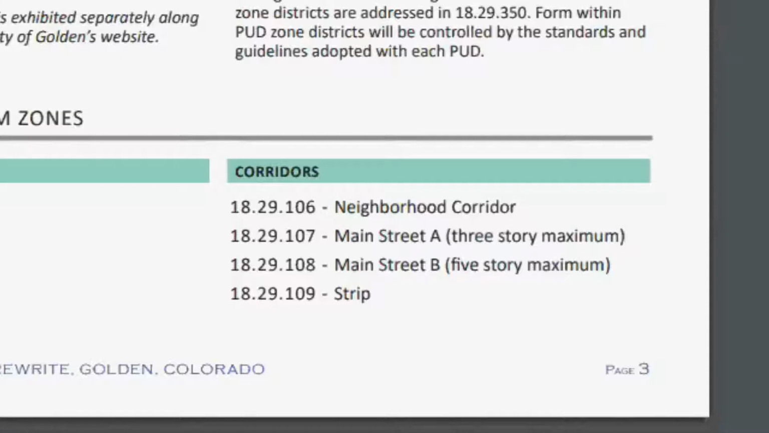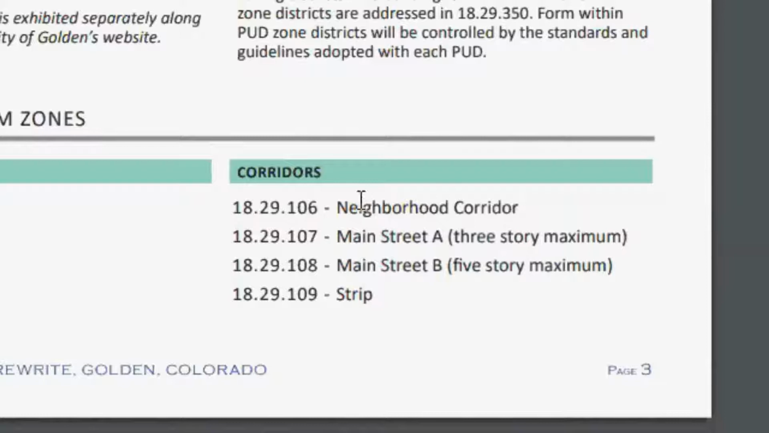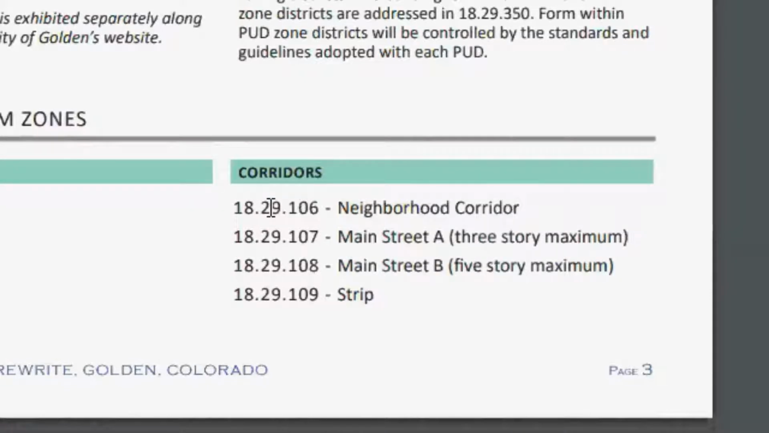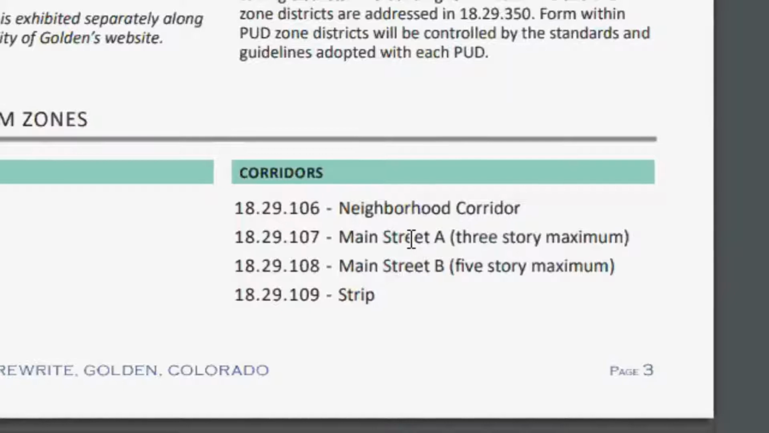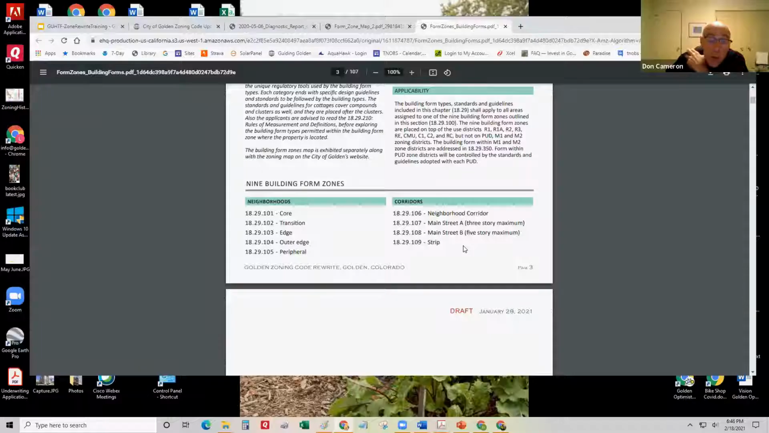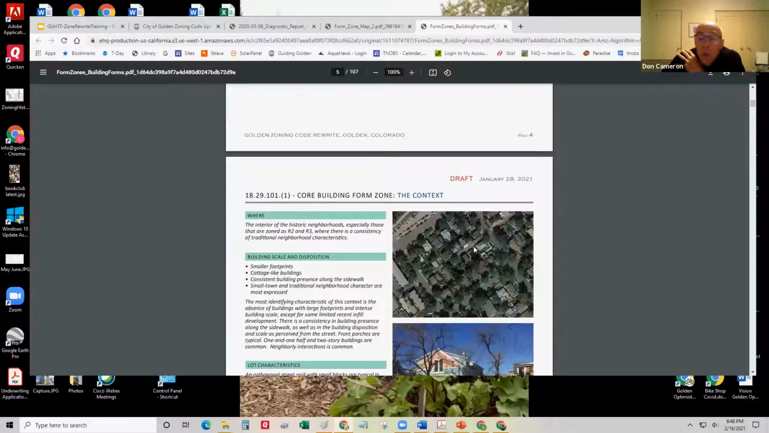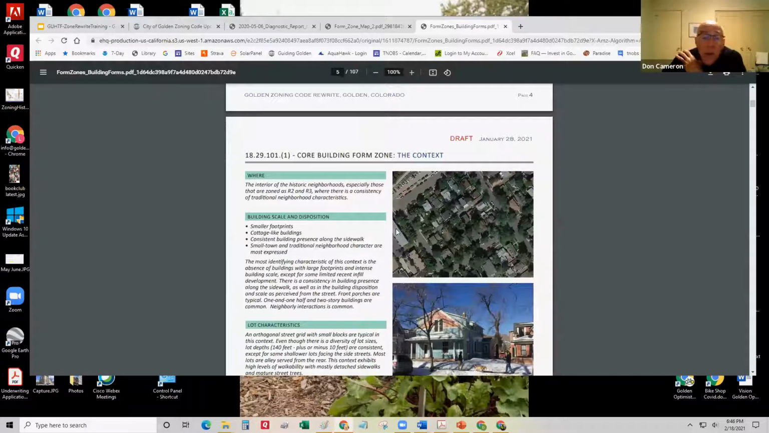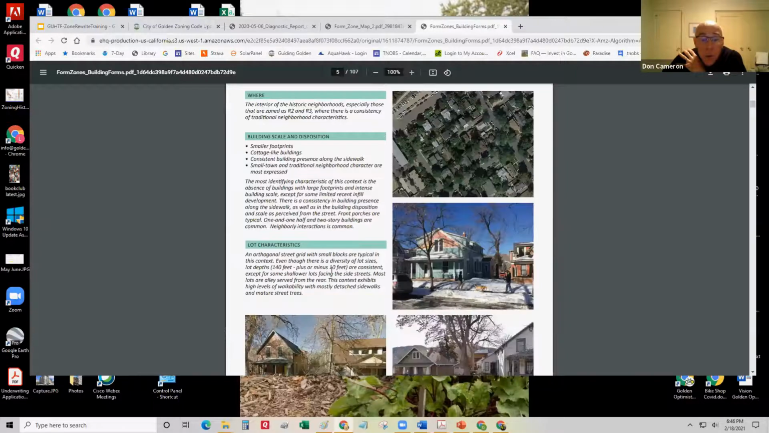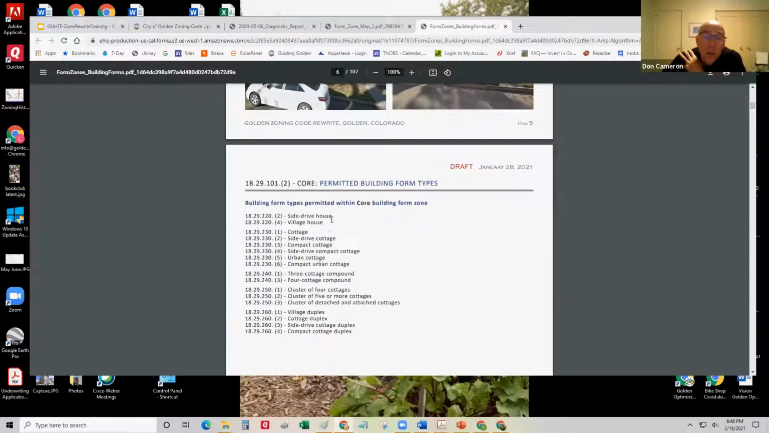Peripheral is outside of that. And that's much of the central neighborhoods. Neighborhood corridor is sort of Ford and Jackson area. Main Street A and B are mainly downtown. And then Strip is South Golden Road. So those are the main different parts of the town. So for the core, if you lived in the core, they would go through a description of it in italics that matters to them. And then in non-italics, they're showing you these are the types of houses that are allowed